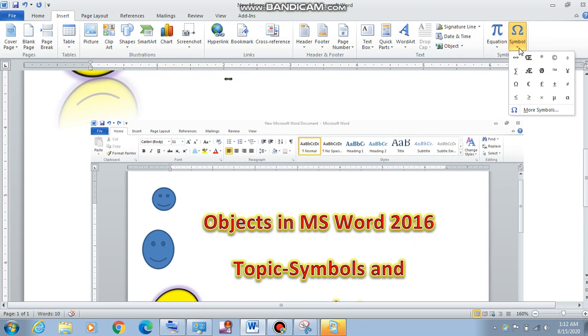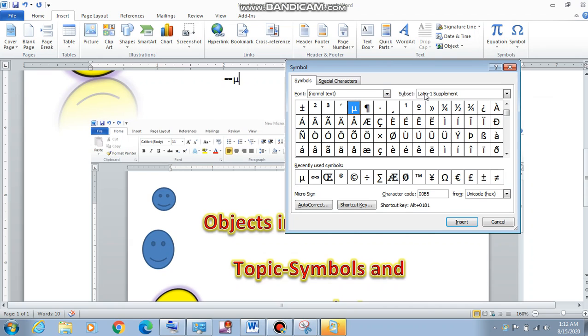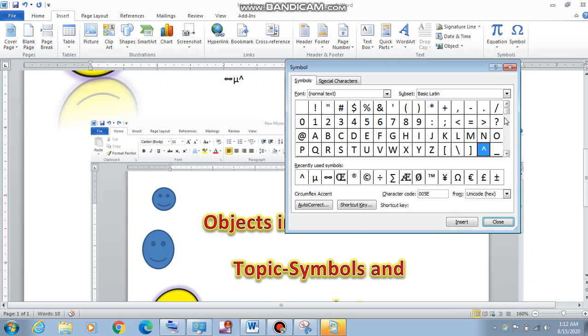Now there are other symbols also, but if there are any symbols which are not present here but you want to insert, then you need to go to More Symbols and we can select the category, whichever category you want. It will be changed, and from here we can select any symbol which is not present on your keyboard.